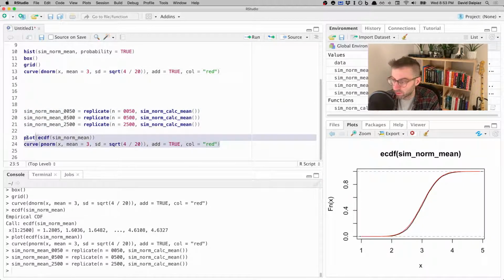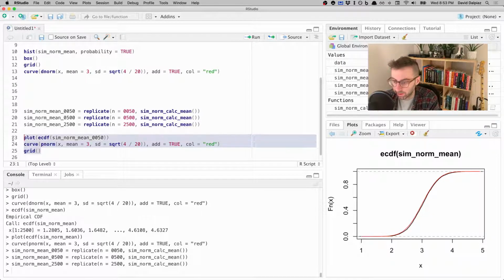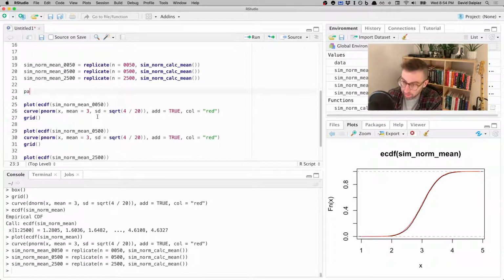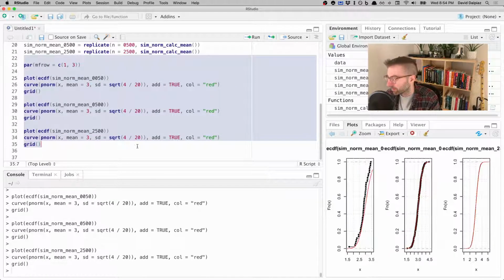And then I'm going to make 3 of these plots and add a grid because I like that. Again, there are better ways to do this, which have less copy pasting, less me randomly changing numbers, but for the sake of doing it on the fly, here we go. And then I want to put these all on the same row, mfrow equals c(1, 3). Okay, cool. So if I run this,